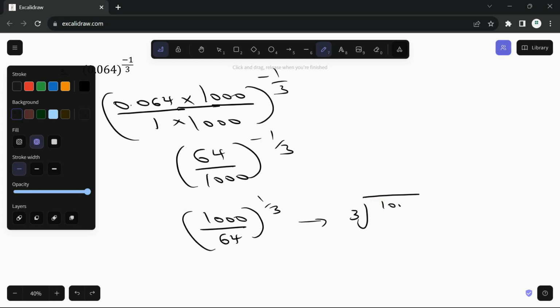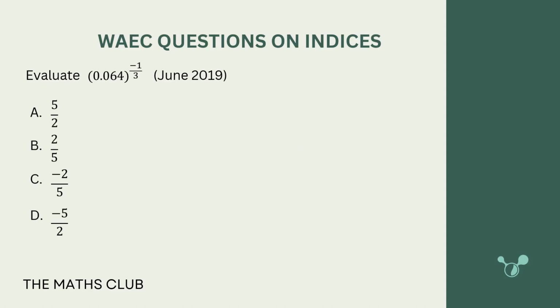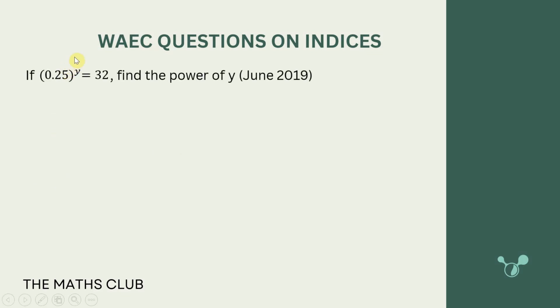of 1000 over 64. Cube root of 1000 is actually 10, and the cube root of 64 is actually 4. So if I divide both, this will be 2 and this will be 5. So our answer will actually be 5 over 2. If that is how they put it, so that will be 5 over 2, and that's option A. Great. Now the next question is saying if 0.25 raised to the power of y is equal to 32, find